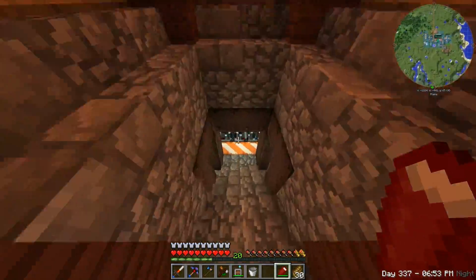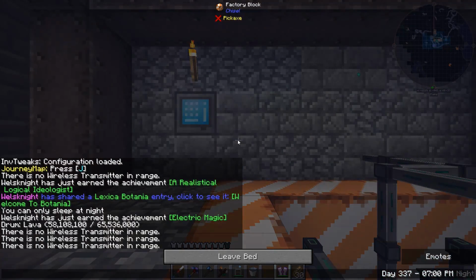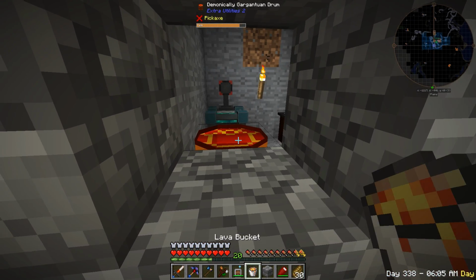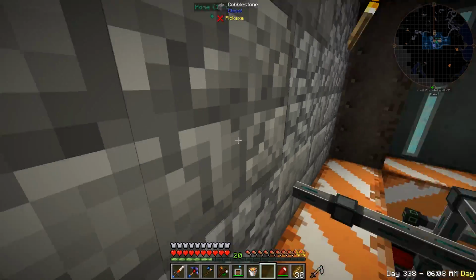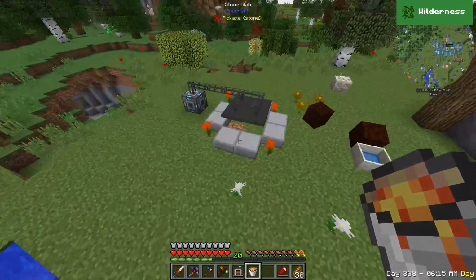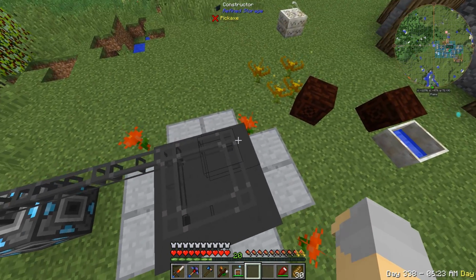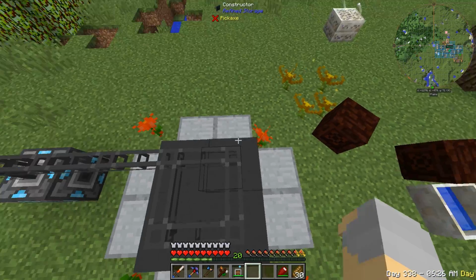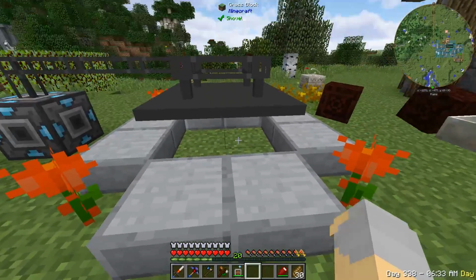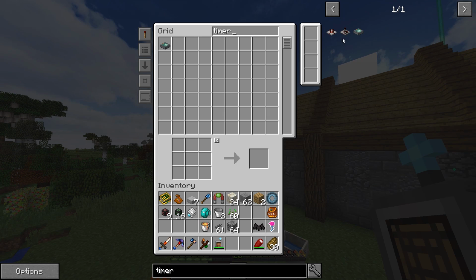Because, as I said before, the thermal lilies are great for generating mana, but they can basically only absorb lava once every 5 minutes. Now, we have a ton of lava in our system right here, but in order to make use of it, and make sure that it doesn't get wasted, we need to do this. And basically say, we are going to emit a redstone signal, or a lava, we're going to put lava right here once every 5 minutes. And I think the easiest way to do that,